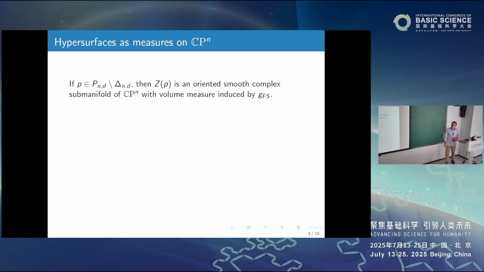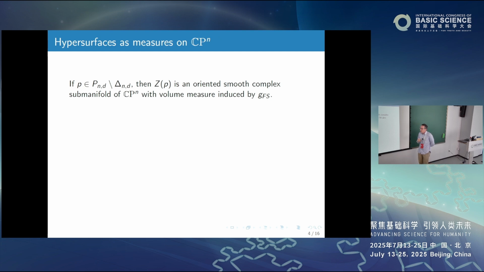Okay, so so far so good. So these are the space of homogeneous polynomials. If you are outside of the discriminant, so I recall you P and D homogeneous polynomial in n plus 1 variable and degree D. Delta is the discriminant where the things go bad in terms of the equation defined at zero set. If you are outside of the discriminant, its zero set will be an oriented smooth complex submanifold of CPN, and therefore recall that the first step that we want to do is to associate a probability measure to